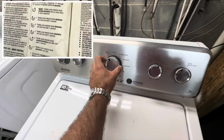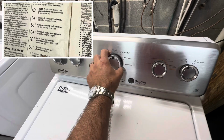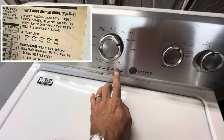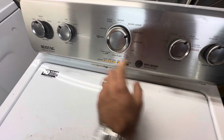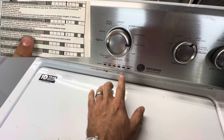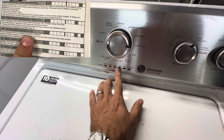Okay, so Maytag VM, you go left, right, right, right, left, right. We're in the flash mode. Turn it 1 time to done, and that's your codes. That is not a code. You turn it 1 time and it comes up. That's F1, 2, 3, 4, 5,